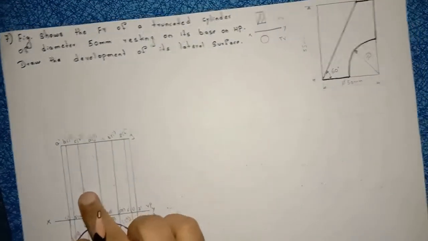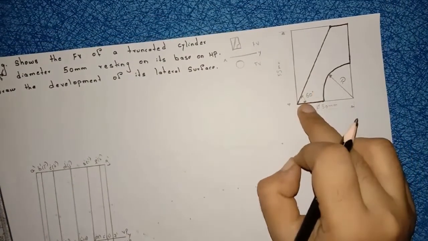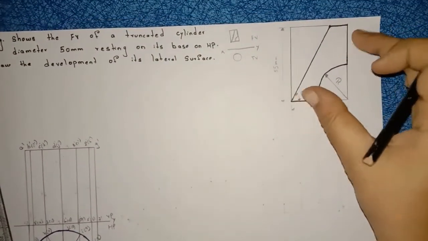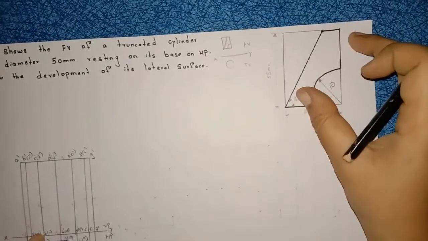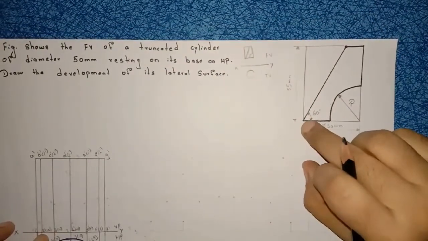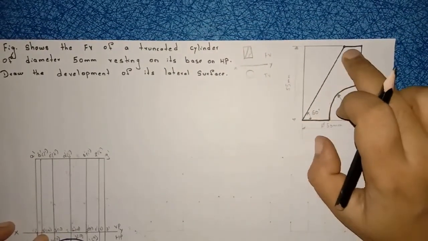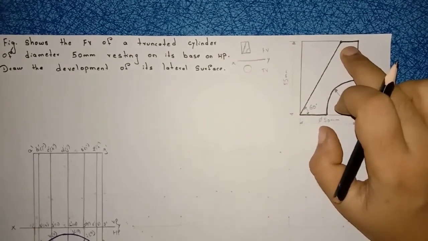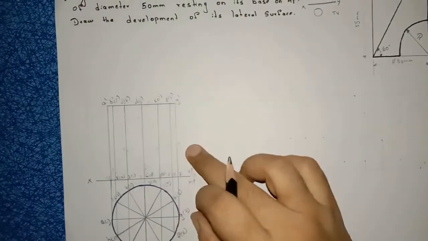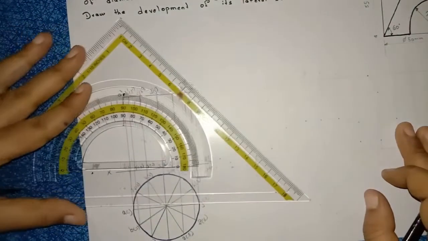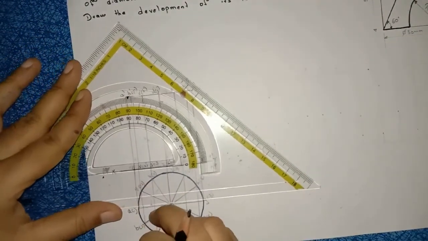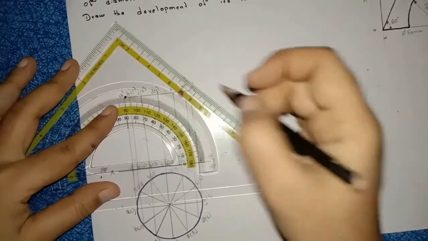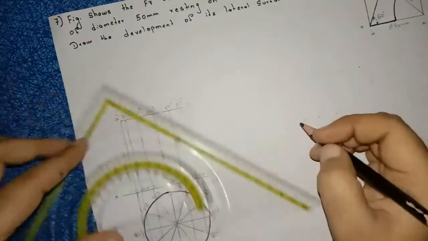Right, now in front view they already mentioned here how we have to construct this development, this sectional plane here. See, from the corner it makes an angle of 60 degrees and touches here. Right, so this is the question. Now the same you have to construct here. You have to place your protractor on this corner. On this corner, angle is how much here? 60 degrees. Mark a 60 degrees angle.